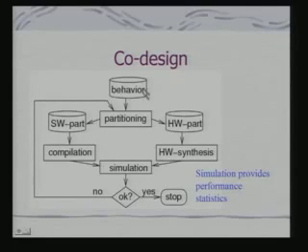So effectively what we are looking at is that we have the behavior, the task graph, we partition, we get the software part and the hardware part, we can do the compilation, do the hardware synthesis, then do a simulation of the two together, and that simulation can provide the performance statistics.